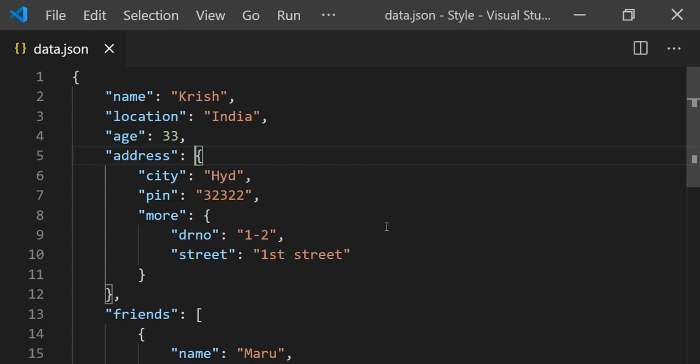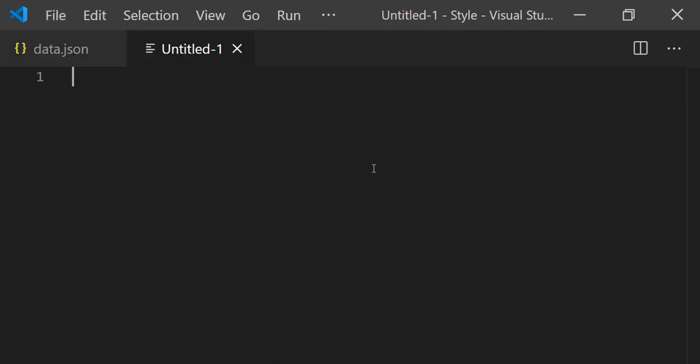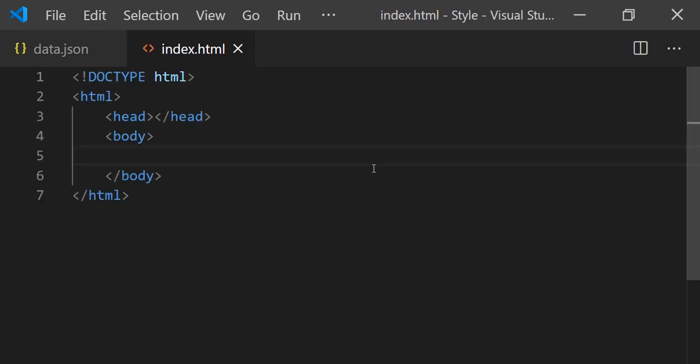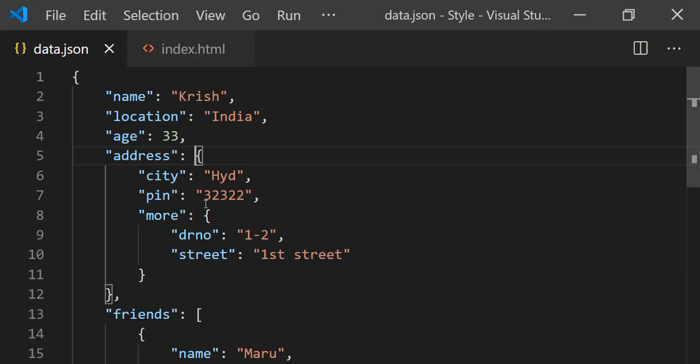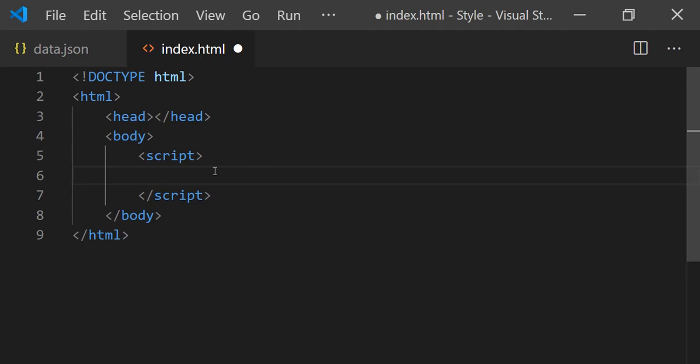Now I'll use this data in an HTML file and show you how to access the data from JSON. File, new file, and I just save it and create HTML. So I have a simple HTML here, and now I just copy and paste our code here. We need to use the script tag, so we have to write another script. In Angular or React, you would use JS files, but I am just writing here in the script tag because I don't want to create another JS file. That's why I'm using the script tags. So I just copy and paste here.